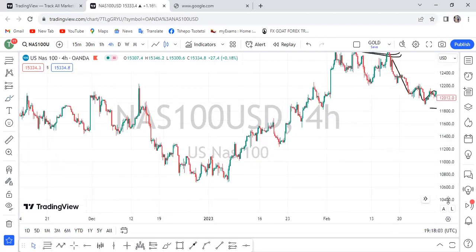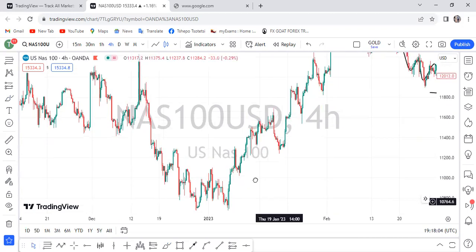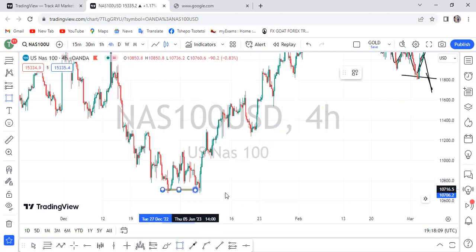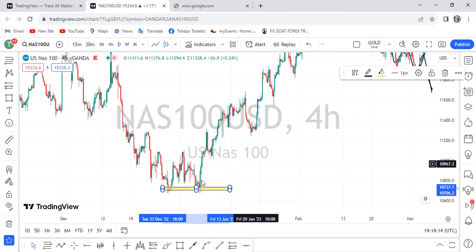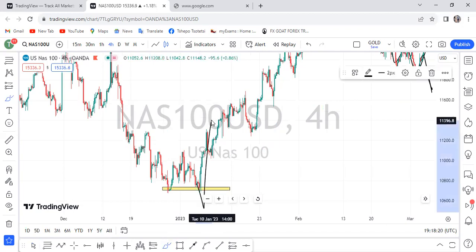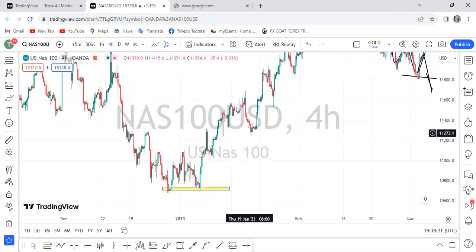If we can check here, when we have a double bottom, at this point, you are not sure if the market is gonna continue going down or it will go up. So what are you waiting for? You're waiting for a confirmation that, okay, now is the right time to enter the market or not. So what you're gonna do, you're gonna wait for a market to show a change of direction, because remember,